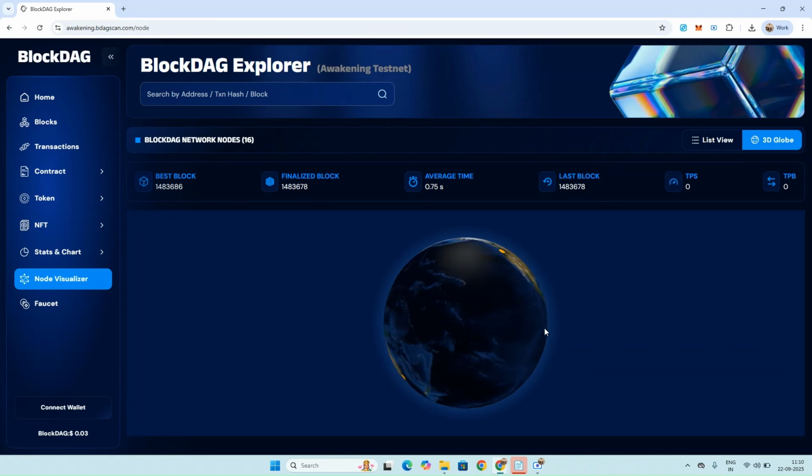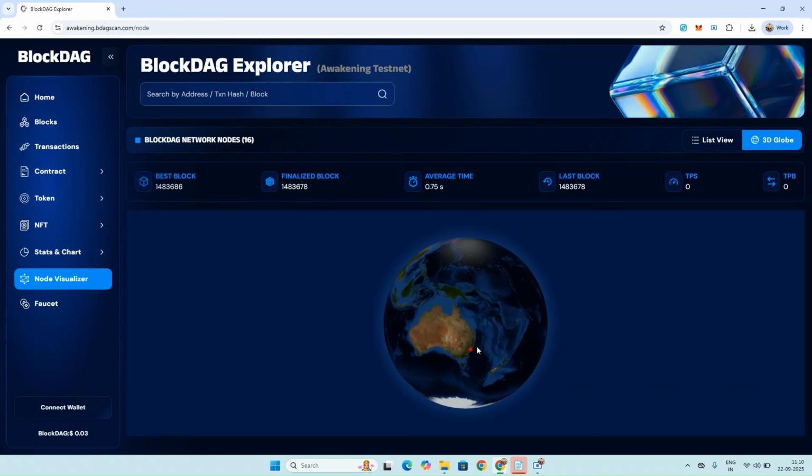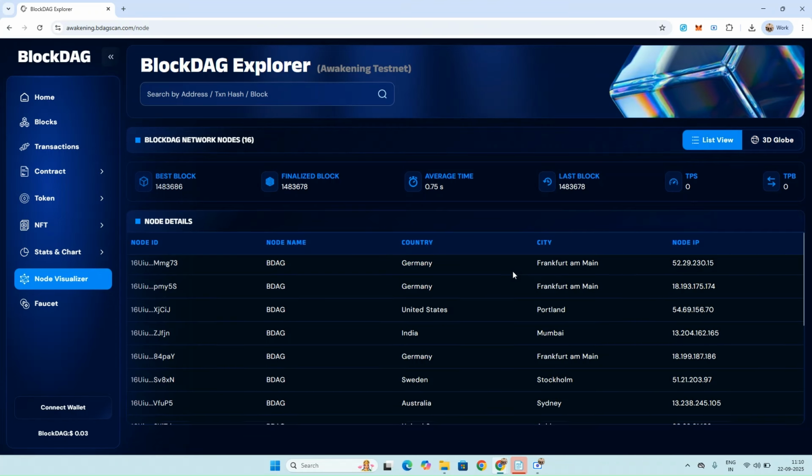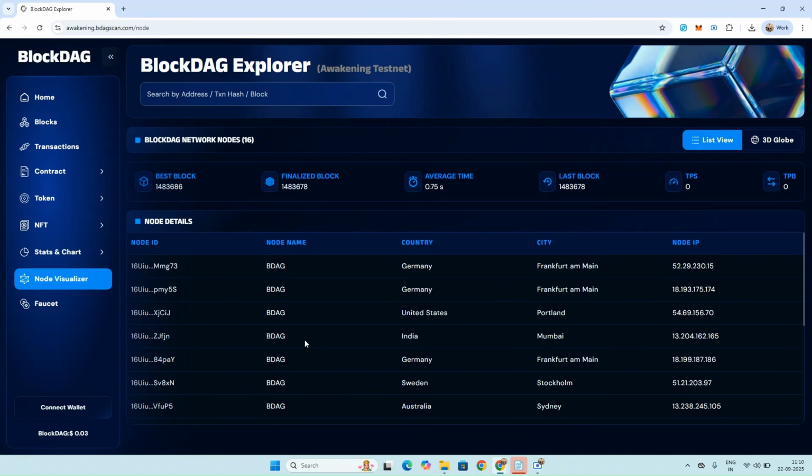Now this is the globe view of it, right? You can view the node in Sydney, Australia that is on our chain. Similarly, we have a list view which displays the node ID, the node name, the country in which the node is hosted, the city, and the node IP.